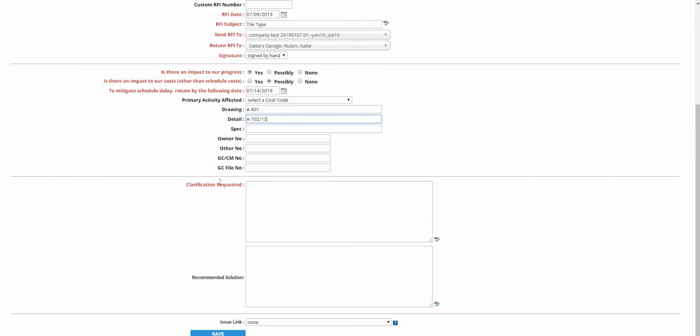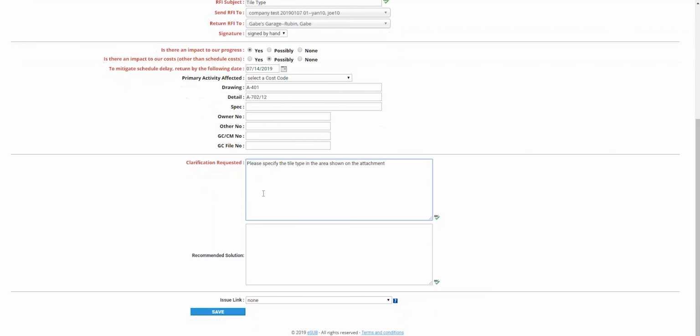Then when we want to clarify the question, we'll do it here in clarification requested. And although not mandatory, we have the option to recommend our solution. And after completing this page, we'll go ahead and click on the Save button at the bottom,